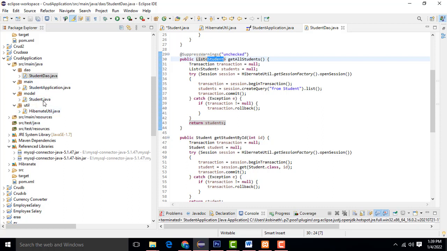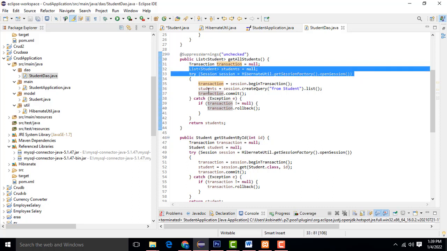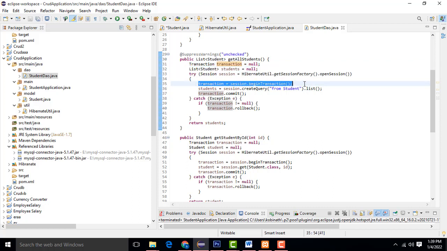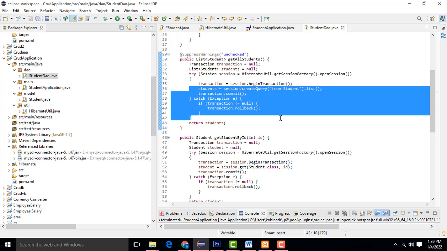We interact with the database, and data will be coming from the database and passed to the student class. We have to create the function getAllStudents. We create the object transaction list of the student. We have to load all the students. Here also we have to create the begin. We get all the students from the students class, and we load them.